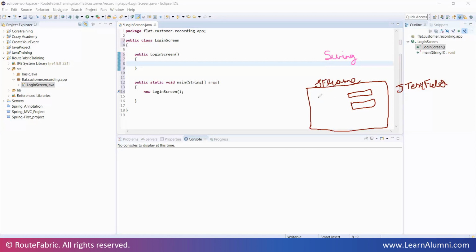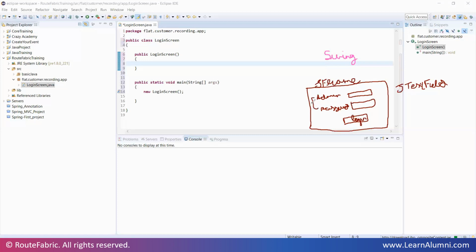Okay, so over here, we will be writing something like Admin ID, and then there will be a password for it as well, right? And then over here, there will be a button to submit, or I can say login. So these are called labels.